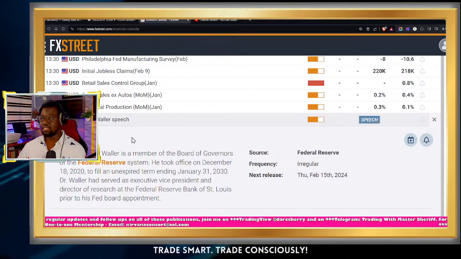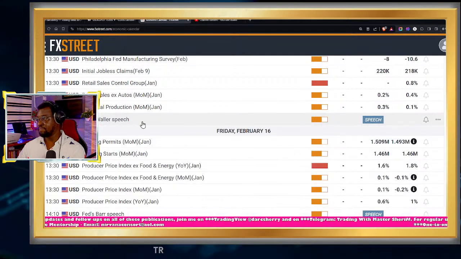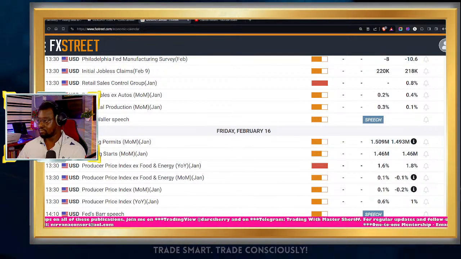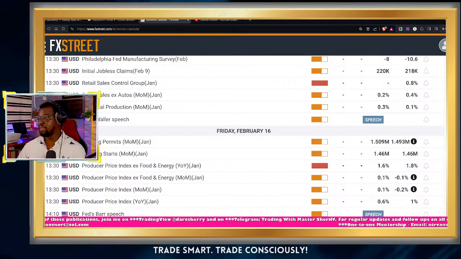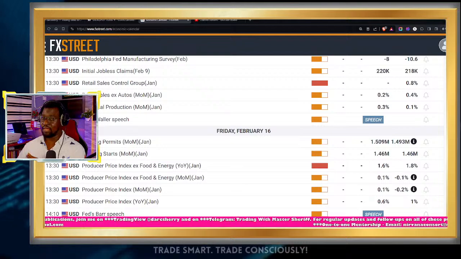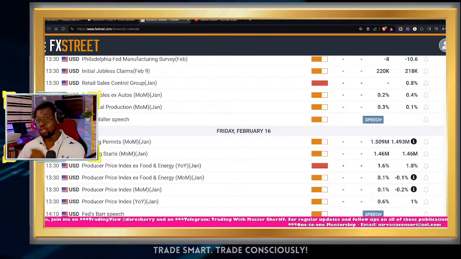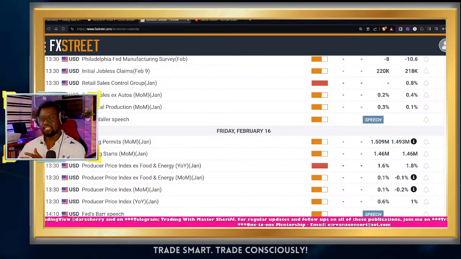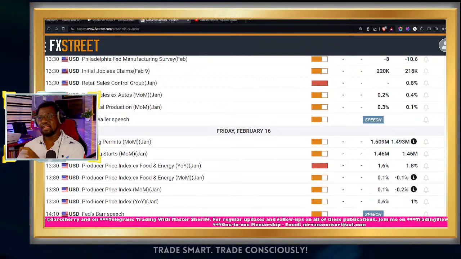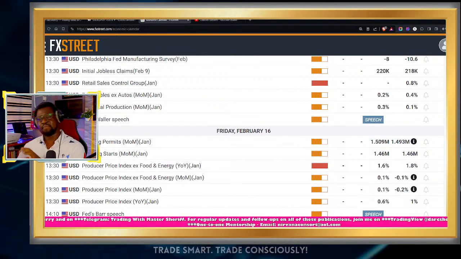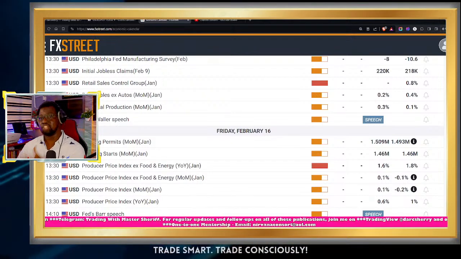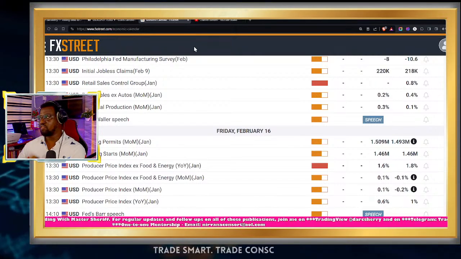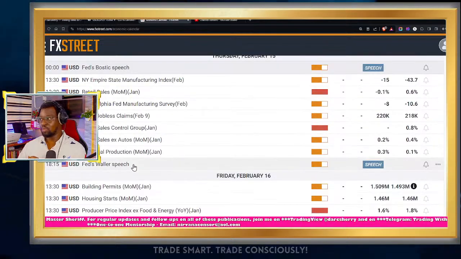So we want to have our timing for that event, as we want to see what he will be saying. Both of their speeches hold quite some weight, especially after the CPI data that came in a couple of days ago. Market participants will want to see what they are going to be saying following the CPI data, and definitely whatever they say today will give market participants an idea into the trajectory of the easing cycle of the Federal Reserve for the year 2024. So it's a very, very important event everyone will be looking forward to.